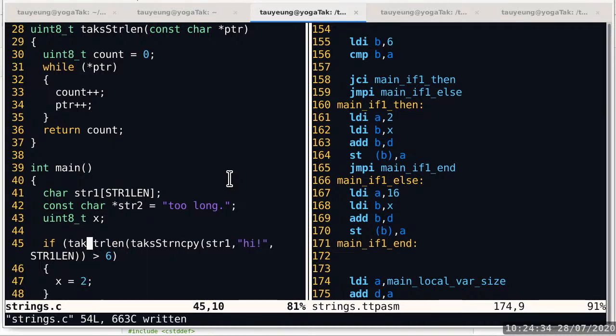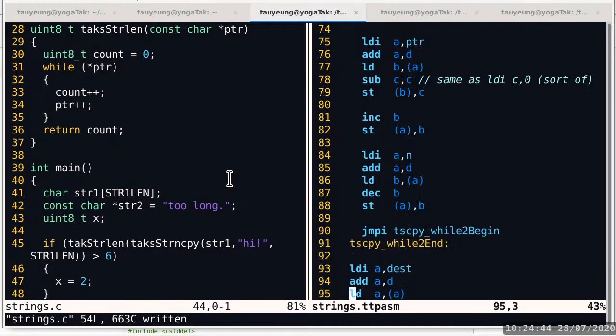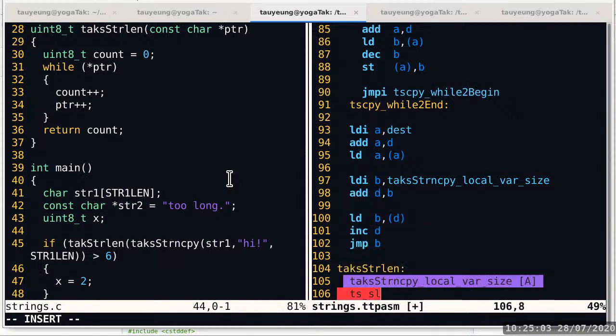Okay, so ideally speaking, we should test this code in C first to make sure it works, and then we go back into assembly to implement it in assembly. But I'm going to skip that step and just implement it in assembly. Okay, so we have tags string length, and we'll define a few labels. We can count as my local variable. So we have TS string length,